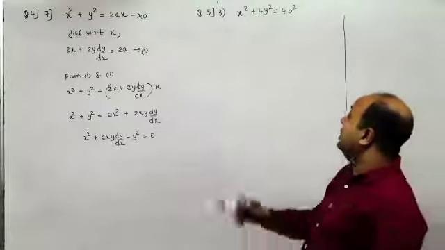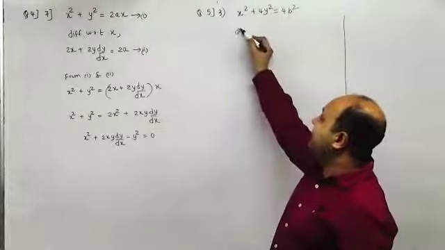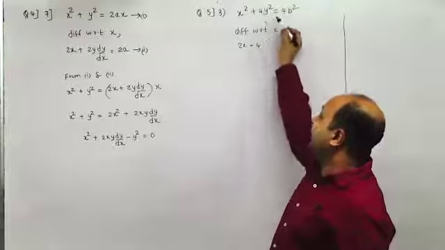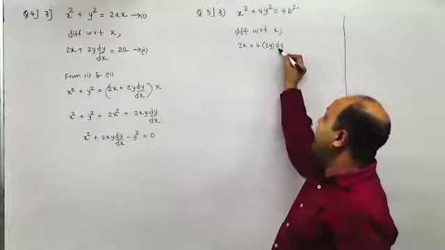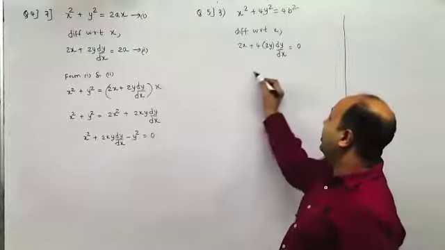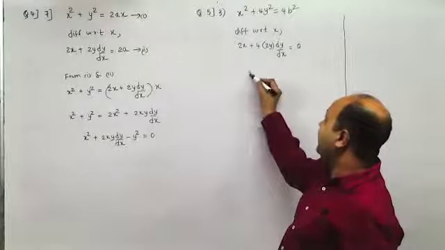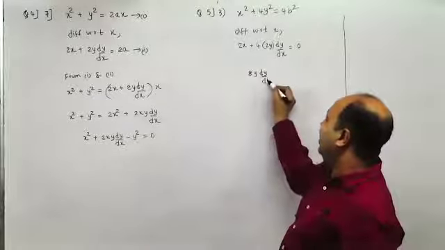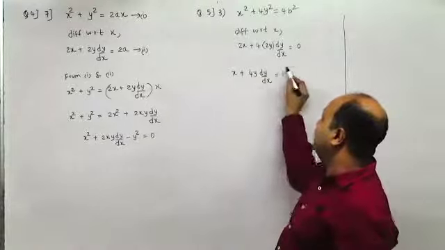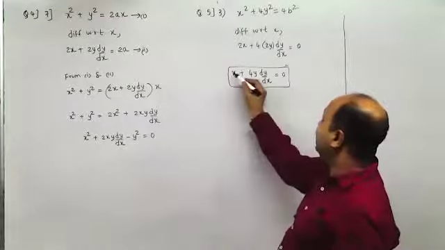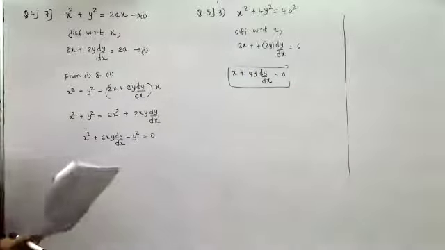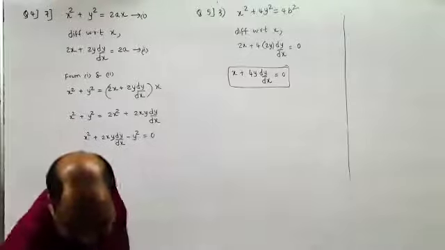It's correct. Okay. Now, here also you have only one constant, differentiate with respect to x only once. So you get 2x. Here you will get 4 outside. Derivative of y square is 2y dy by dx, is equal to 4 into derivative of b square, that is 0. So you get 8y dy by dx equal to 0, or I can say I'll divide by 2. So I'll get x plus 4y dy by dx equal to 0. Oh, sorry, yeah, x plus 4y dy by dx equal to 0. Can someone verify this answer? Yes, sir, it's correct.